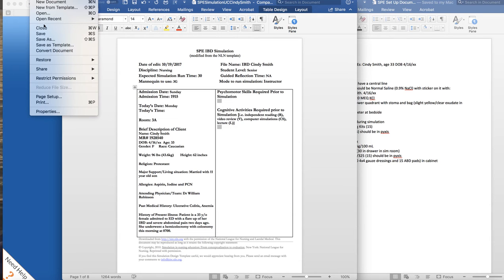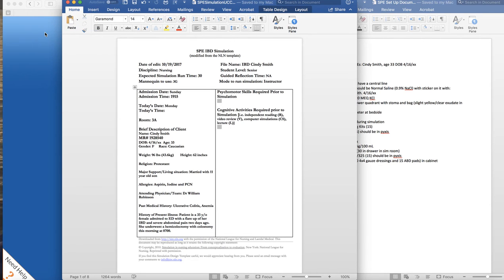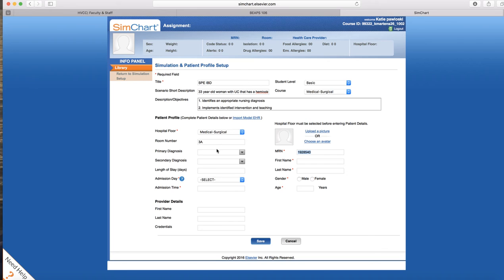And the reason that we want to make sure that we're putting that in here is so that when David loads the patient into the Pyxis, we have a consistent name there. So Cindy and her last name, so we're going to put that in. You're going to get her age in here. Her primary diagnosis is,